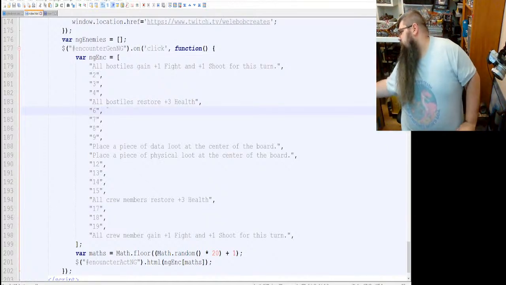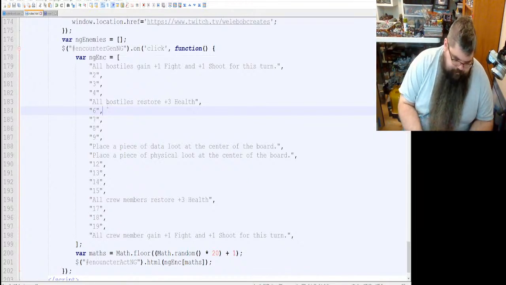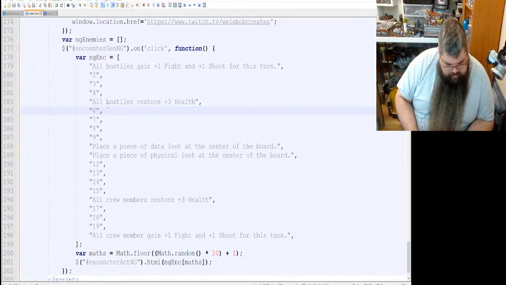Let me check the encounter table in the book. Let's see what we got. Check the encounter table to get some ideas. Let's see, place.